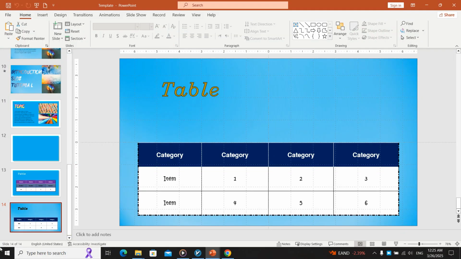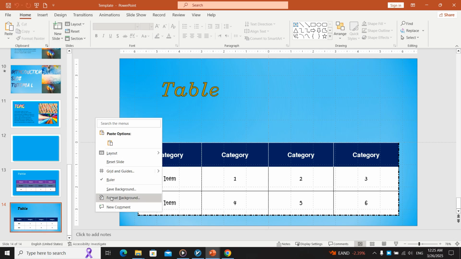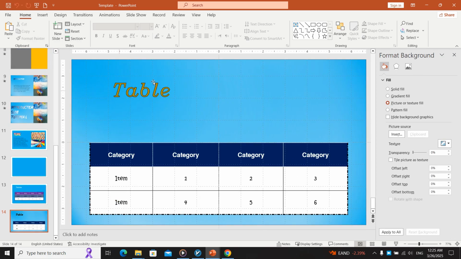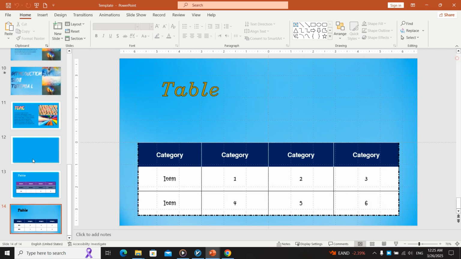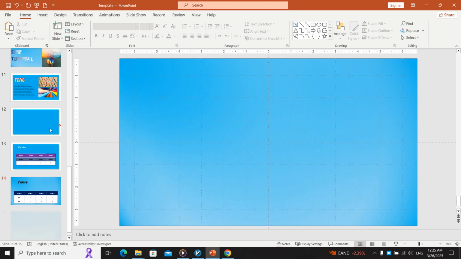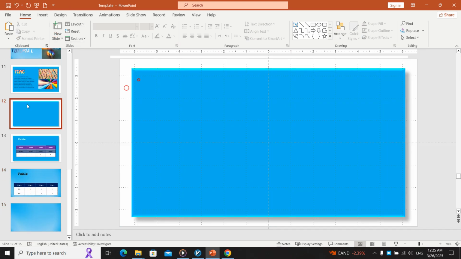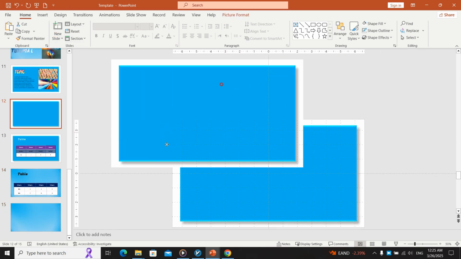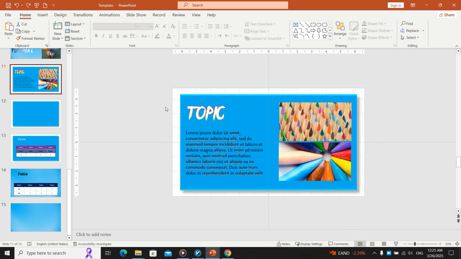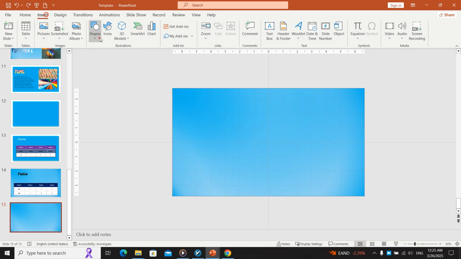Let's complete this table. For completing that, we need to change the background. For the background, I'm going to format it, but I'm going to create another background. This background we have here, it's totally great and I like it, but I'm going to change it a little to create another one. We just simply insert a shape here,